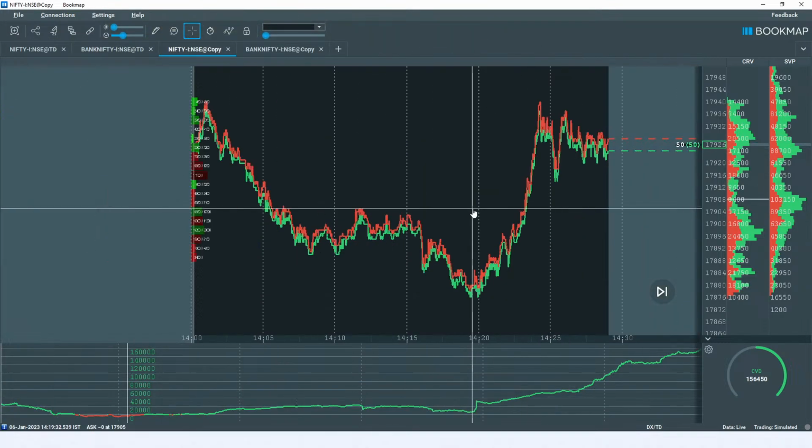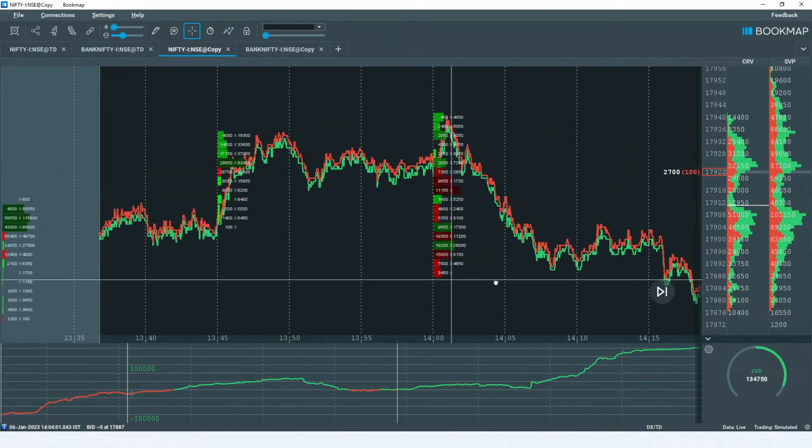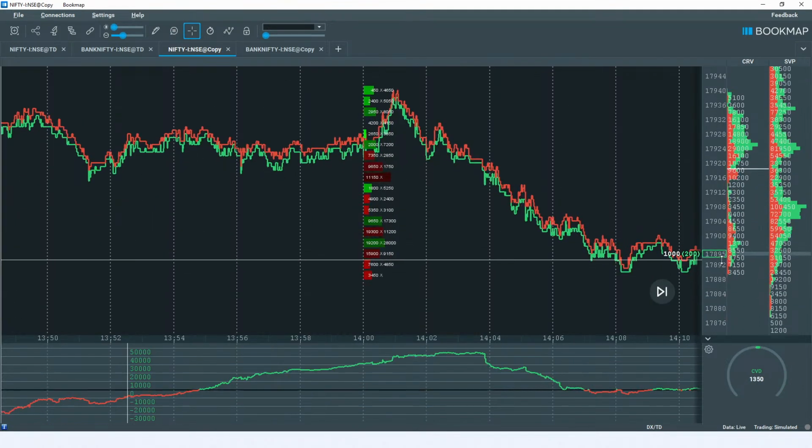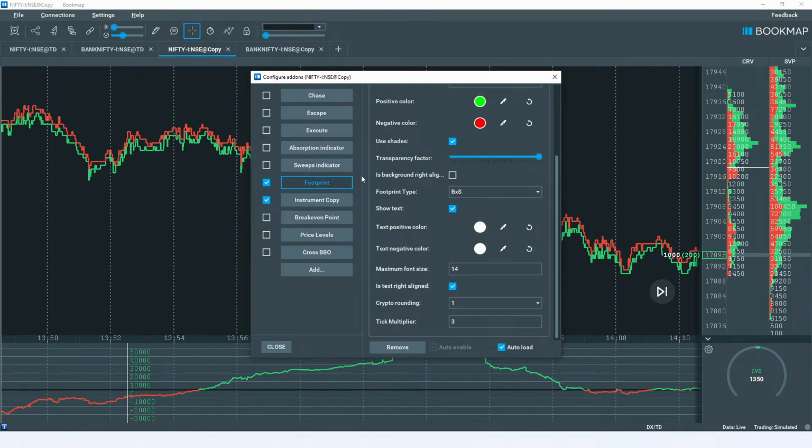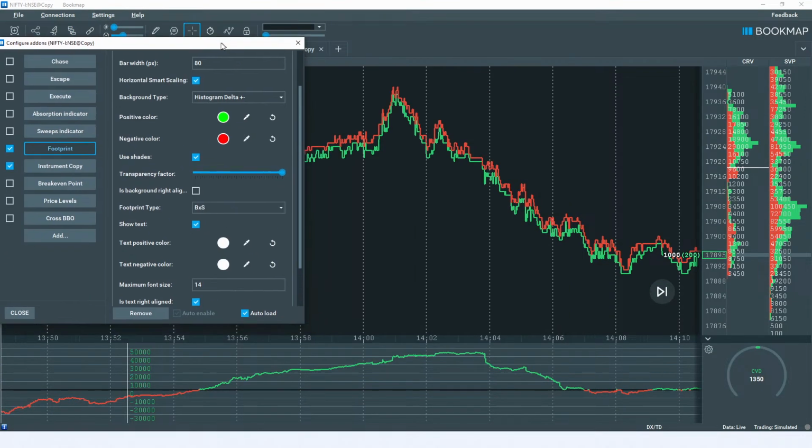Yeah. So this is the footprint chart information that we see when we configure it here. All right. So in that sense, presently we are